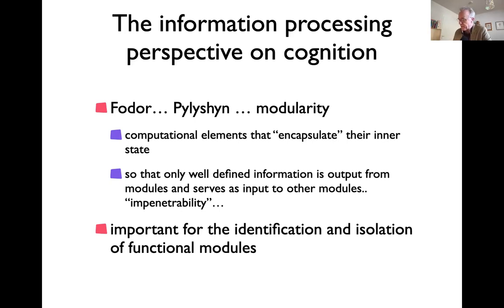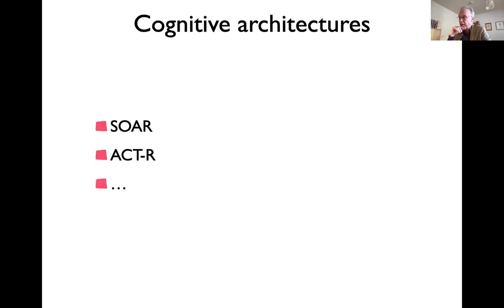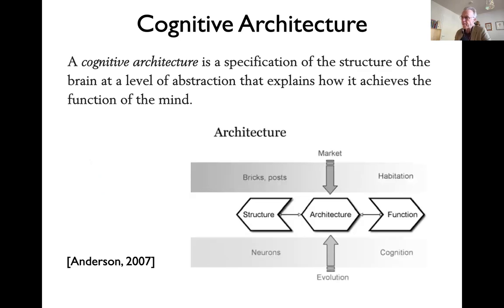That's what was important in this domain. Now, the cleanest instantiations of this kind of thought are cognitive architectures, which were very popular certainly in the 90s, and there's still active work on that. ACT-R is maybe the best known. SOAR is maybe no longer so much used, but still somewhat used, and there are more.